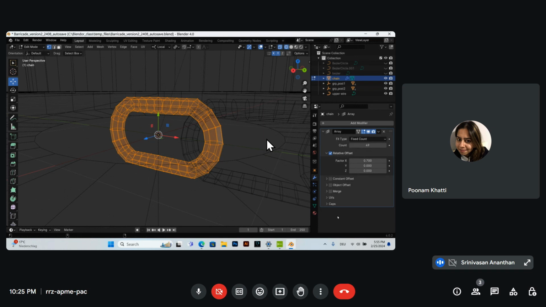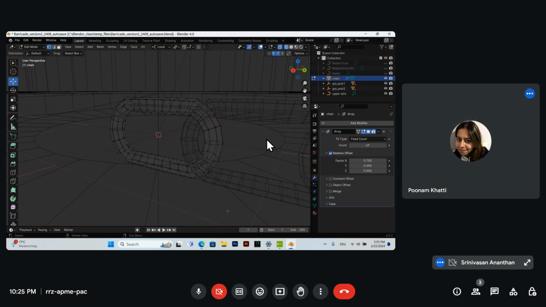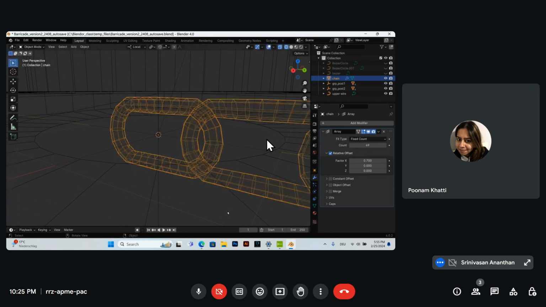You have to keep the cursor on the viewport. No, you are forgetting a bit. Okay, so press Tab on the keyboard. Yeah. Now,